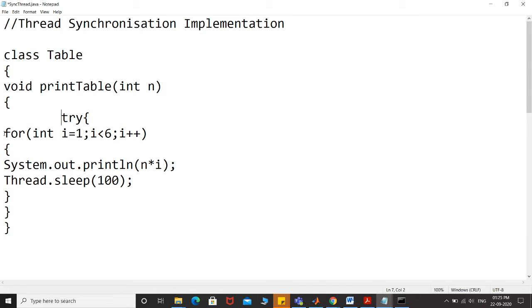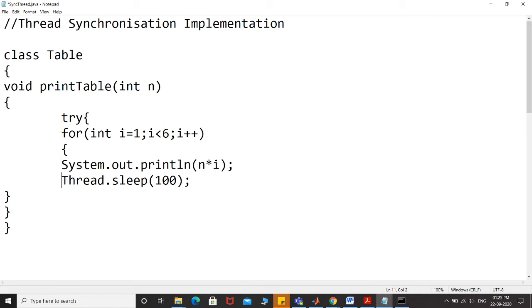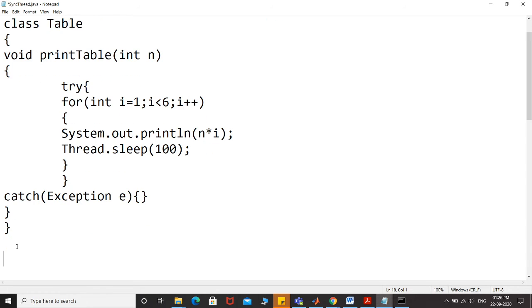I'll just do this for you so that you can understand where it is working and where it is not. Okay, so this is my for block, and just after that I have finished my try block. After this try block I'll have to use a catch block, catch Exception e, and I can give a blank implementation over here since I do not want to specify anything else. After this I have finished my printTable method. So this is the implementation of the printTable method inside my class Table. That's it, we are done with this.